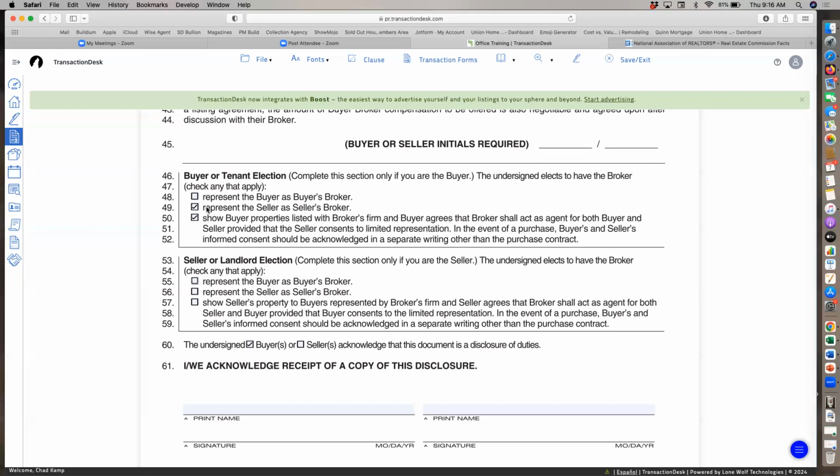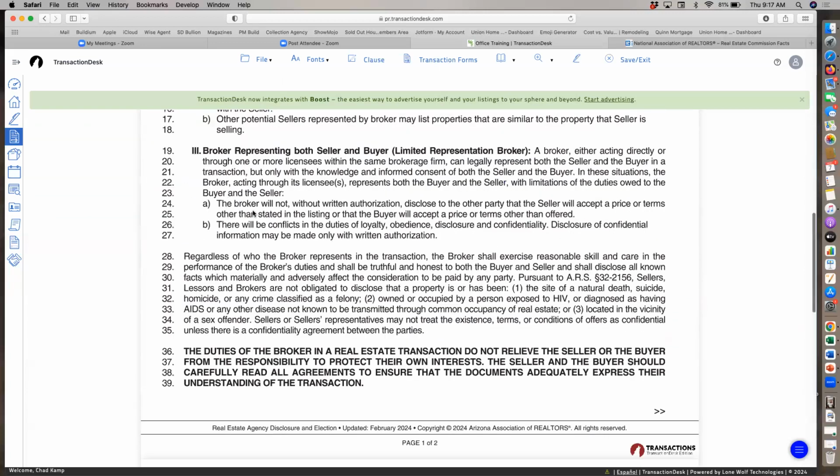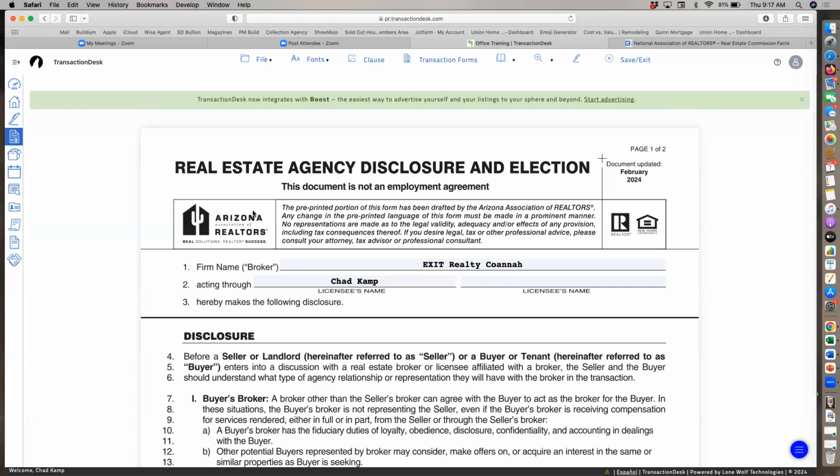We'll have discussions about values. We'll have discussions about strategies. I'm not able to tell you how low the seller's willing to go. Do not tell me how high you're willing to go at this point in time. And 9 times out of 10, the buyer is going to be okay with that. You've avoided a limited dual representation situation with this form right here, because you're telling the buyer, I'm representing the seller, not you. That's why this is different, February 24, because